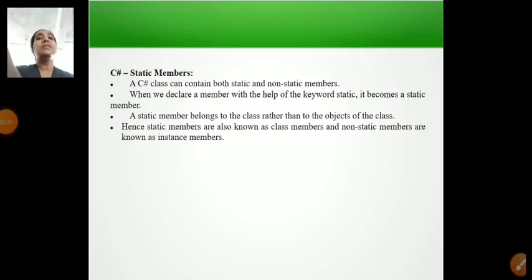Today we'll be discussing static members. Static members are nothing but members that are declared as static. Any data type that is mentioned as static can be accessed within that particular scope only. A static member has a reserved place in memory, where it cannot share the particular memory space with any other members. That is a static member.